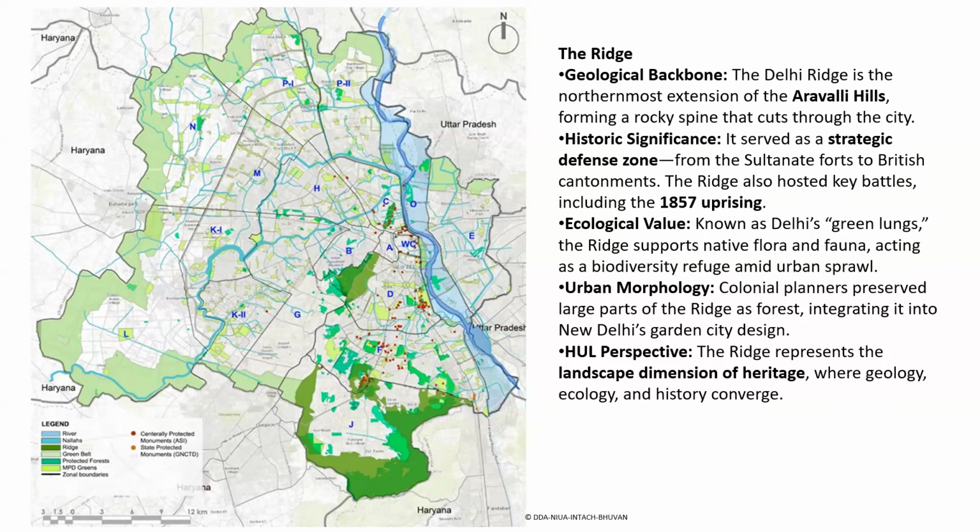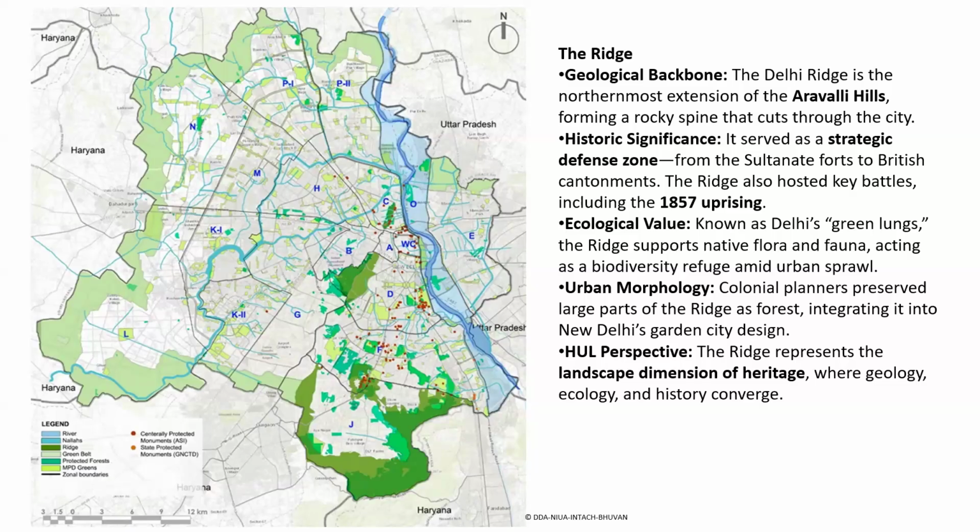If you talk about the ridge, it actually cuts across the city. If you see the green in the center, and zone D on the left, we have the northern ridge, the central ridge, and the southern ridge. The Delhi Ridge is the northernmost extension of the Aravalli Hills, forming a rocky spine that cuts through the